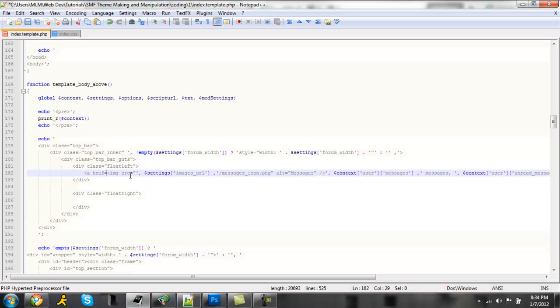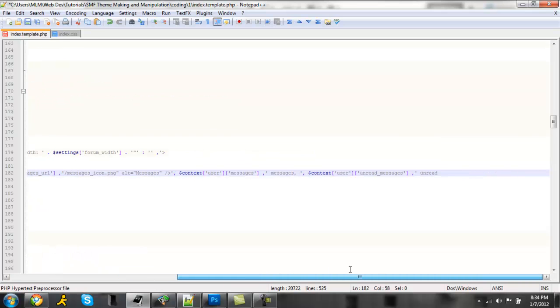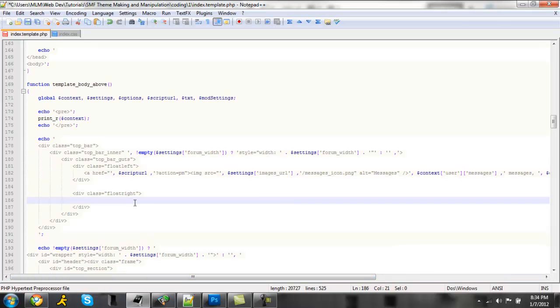So a href equals, and then script URL, which is your base SMF link of your forum, and then action equals PM to link to the inbox, and then close off your /a right at the end like that. And then your float right, this is actually kind of part of what we have if you sign out, but we can just write it out quickly. We just want a href equals script URL, close that off, and then action equals login,